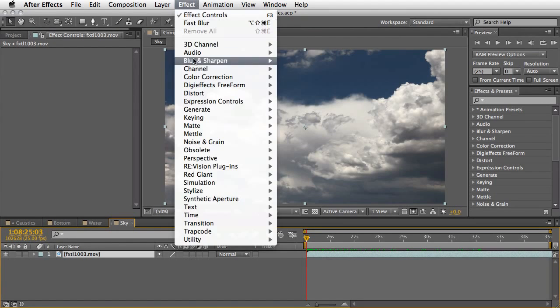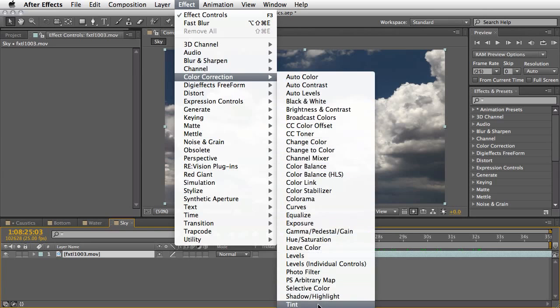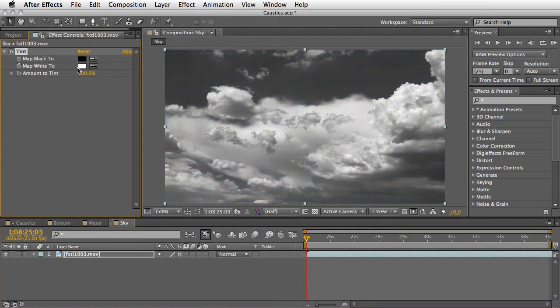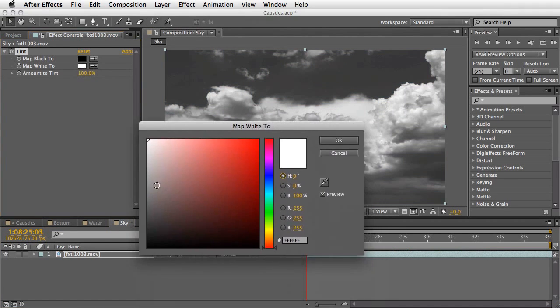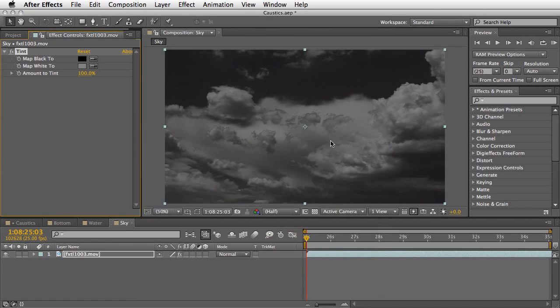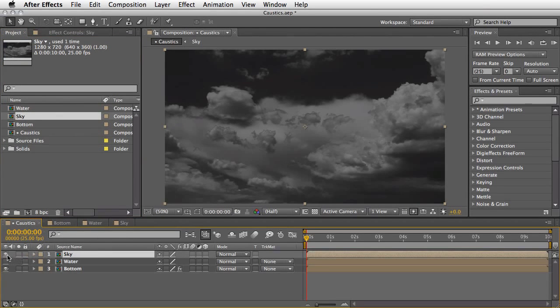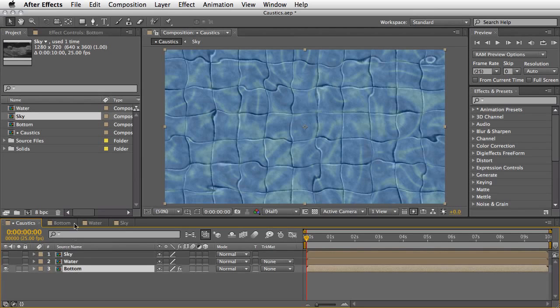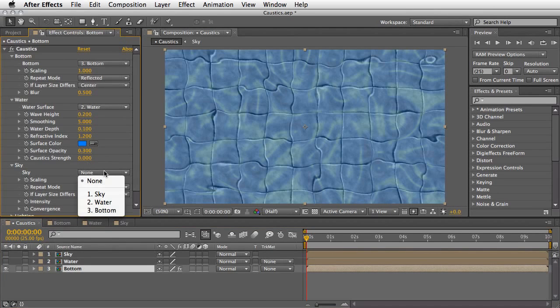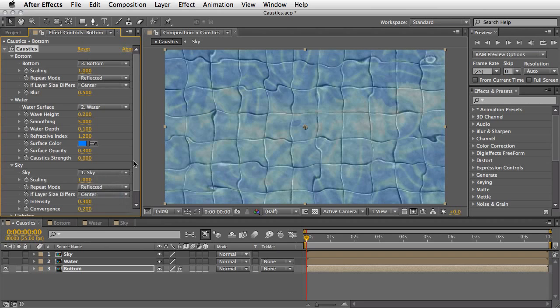So I'm going to effect color correction and let's apply the tint effect. And I'm also going to map the white here to a mid-gray just in order to, once again, not exaggerate with the design. Now I'm going to drag the sky composition to the caustics one, turn off the eye for it. And once again, I'm going to reselect the bottom and then define that the sky is now part of